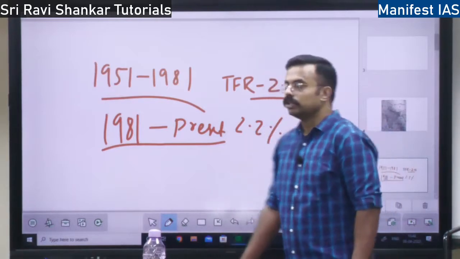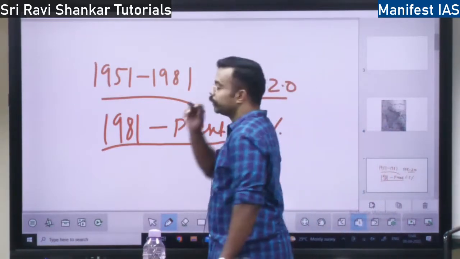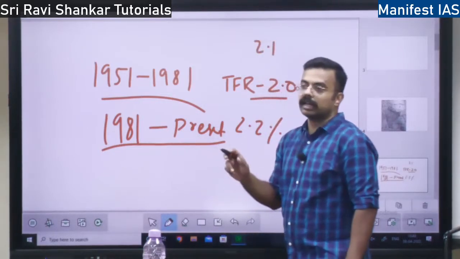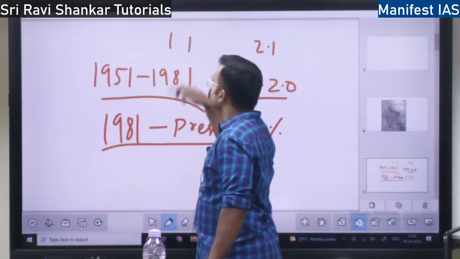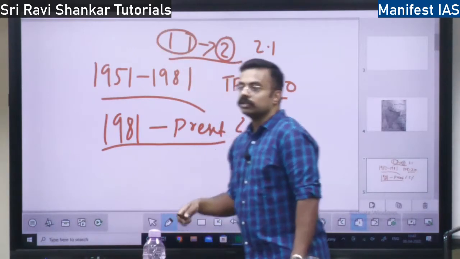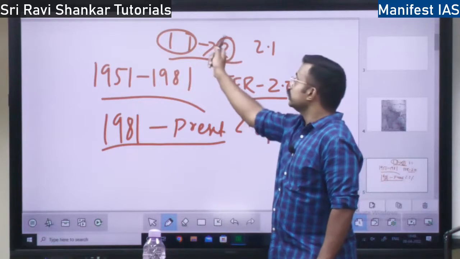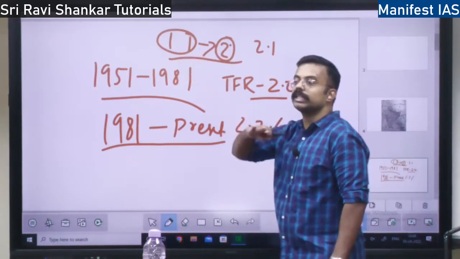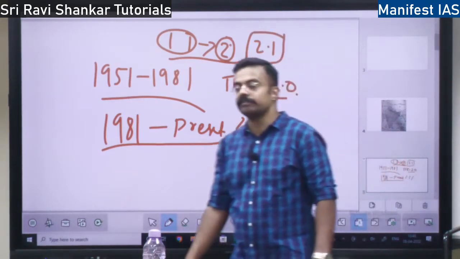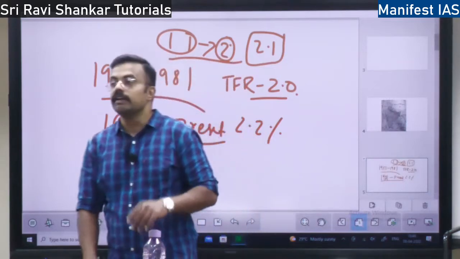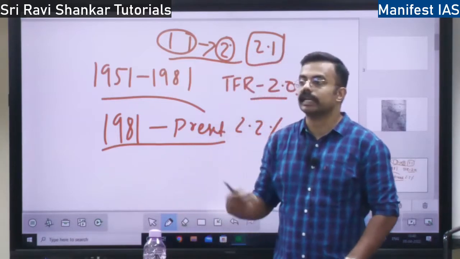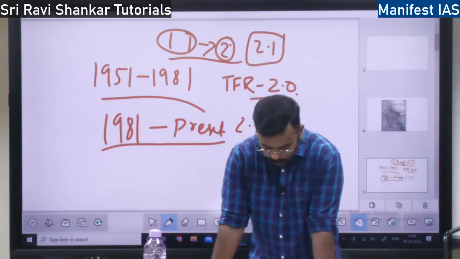What is the replacement rate? The replacement rate mandated by the World Health Organization or the UN is 2.1. That is, if there is one male and one female parent, they should produce 2 kids. So if these people die, these people will take over. Every 2 people will produce 2 people, so these 2 will replace those, and there will be a stable population, right? So this is the 2.1 replacement rate, but according to the National Family Health Survey 2019, the latest data, we are well below 2.1. So there is a decrease in population in India. The trend is changing and we are moving towards a decreased population.